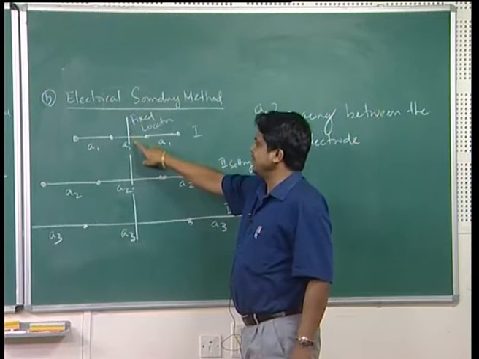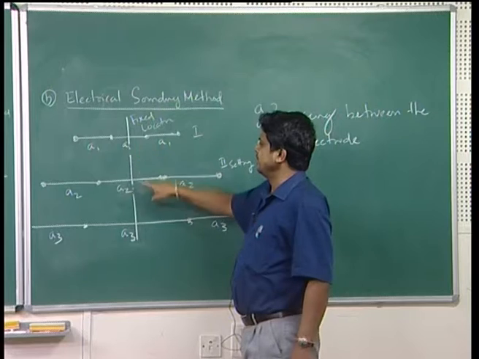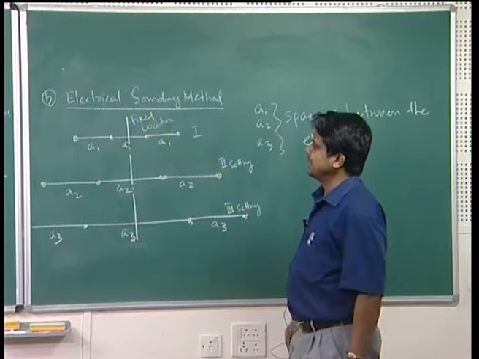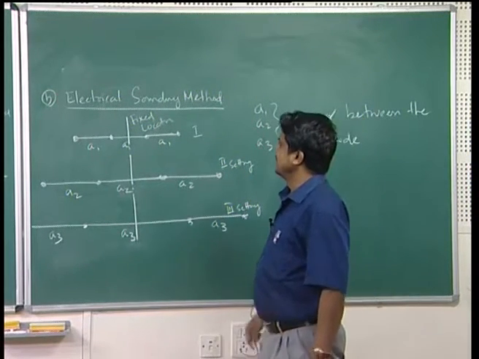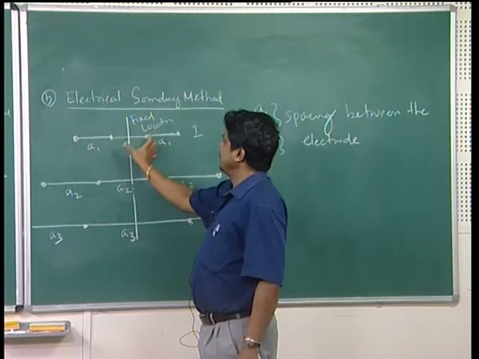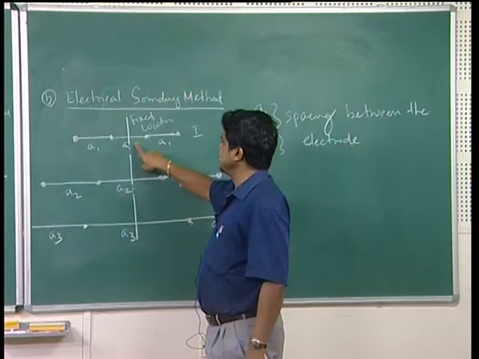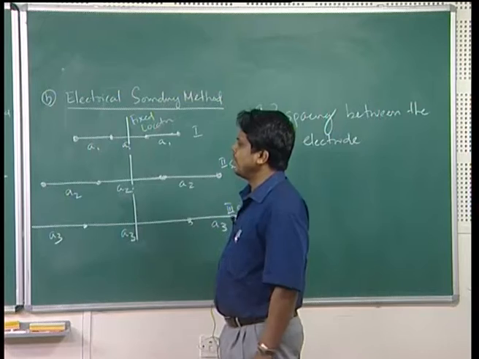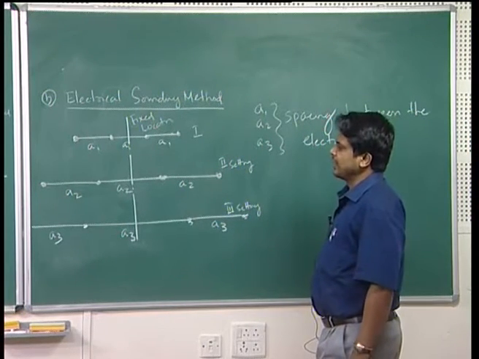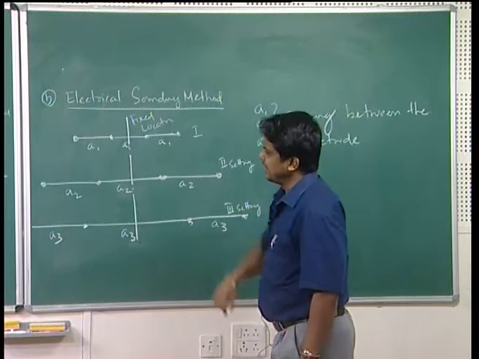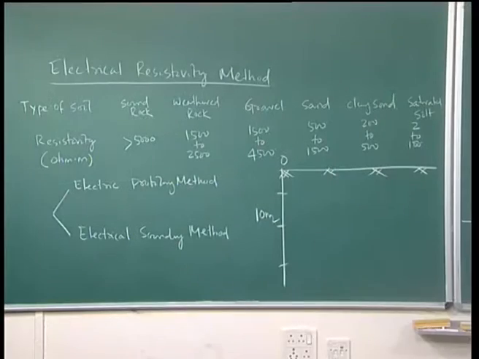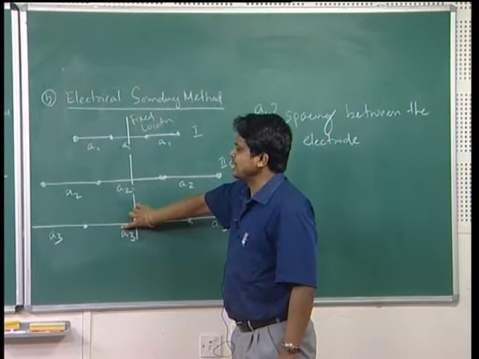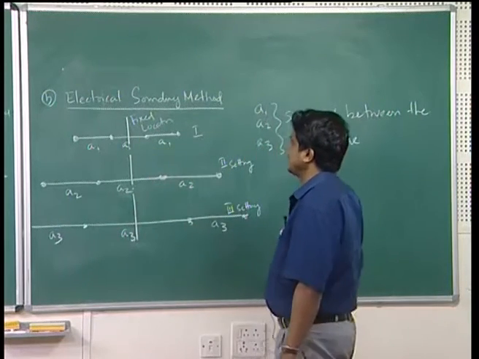For 2 meter interval, you set from the fixed location. So, A1 should be 2 meter. Then similarly, next A2 should be 4 meter, because in electrical resistivity, you can measure up to a distance that is equal to the spacing between these electrodes. So, A1 is 2 meter, second case A2 is equal to 4 meter. Similarly, third case, if you want to measure electrical resistivity or ground response for subsoil exploration at 10 meter depth, in that case the spacing should be 10 meter, so that you can do exploration below 10 meter up to the ground surface.